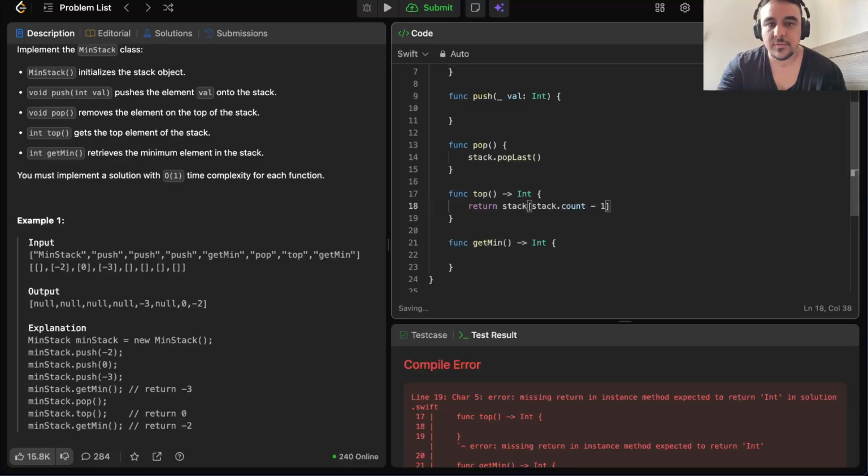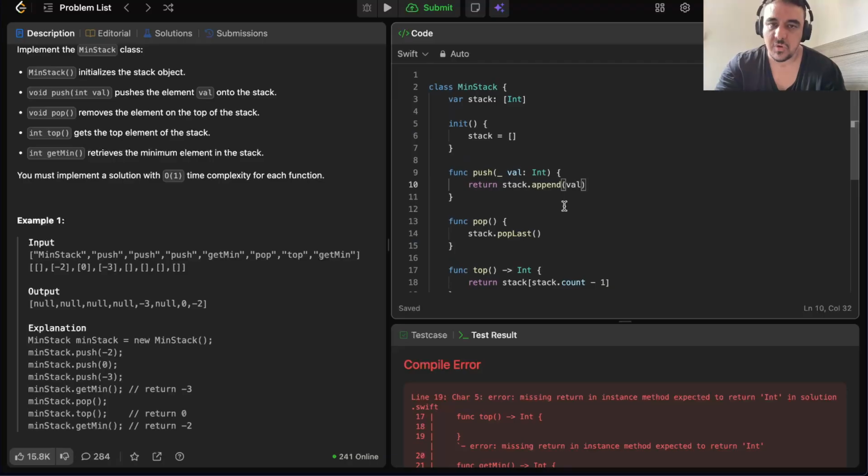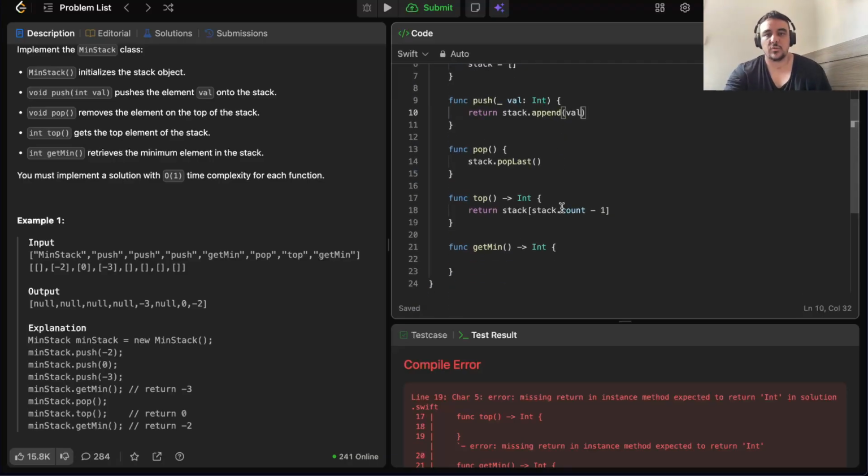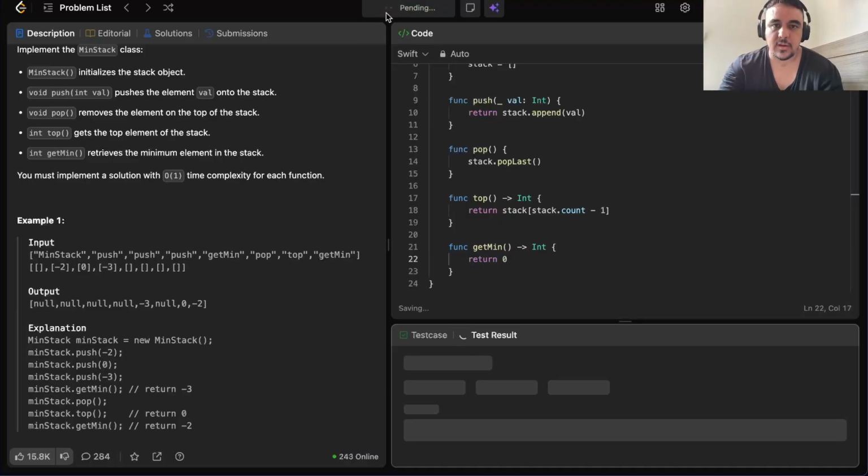This will be the top. Push will be just append val. Okay, we don't need to run over the stack. Let's just return zero for a while. So right now, if we just play that,